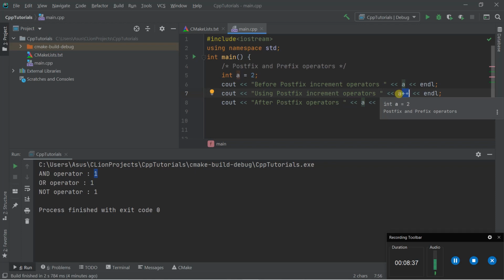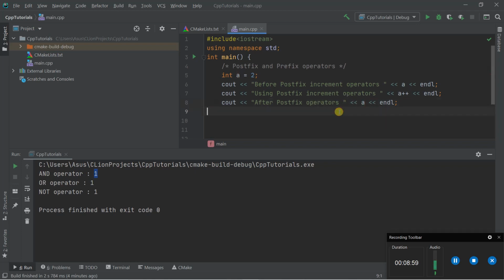Fine. So this is the postfix increment operation, and in the next line I have printed the value of a after performing this operation.